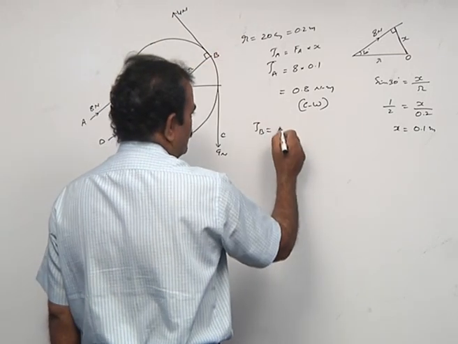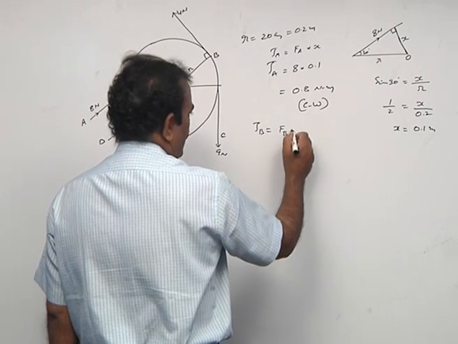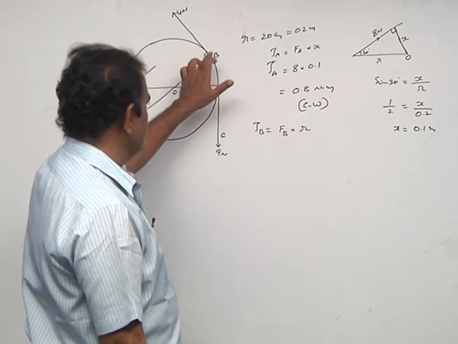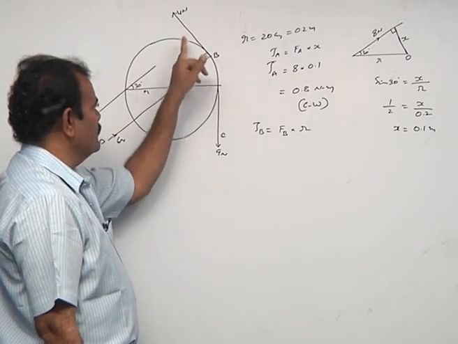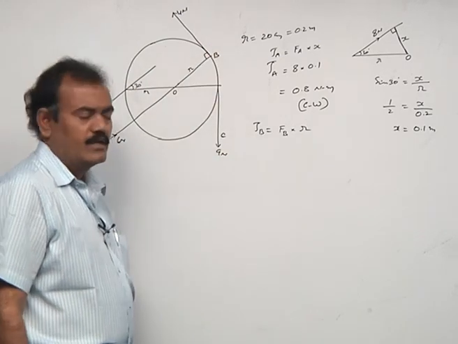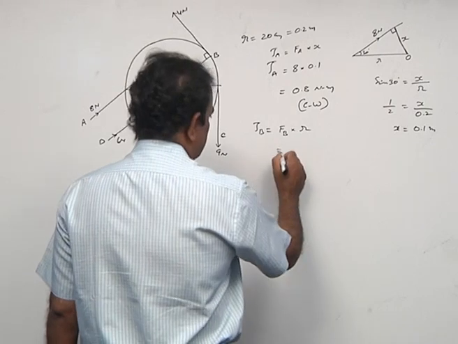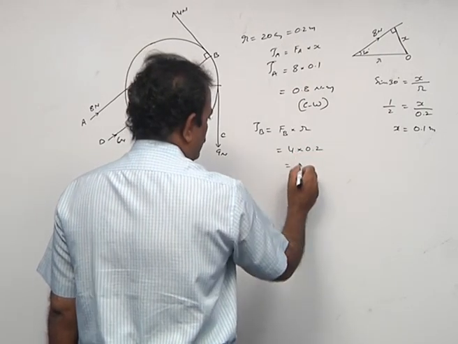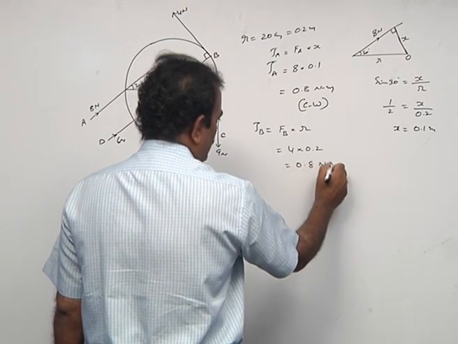So now here also F_B is to be taken, and again its perpendicular distance is nothing but R, because it is tangential, and this is a radius which is normal to the tangent. So that's why F_B into R. For that we are taking 4 here, and already we know it is 0.2. So it is 0.8 Newton meter,